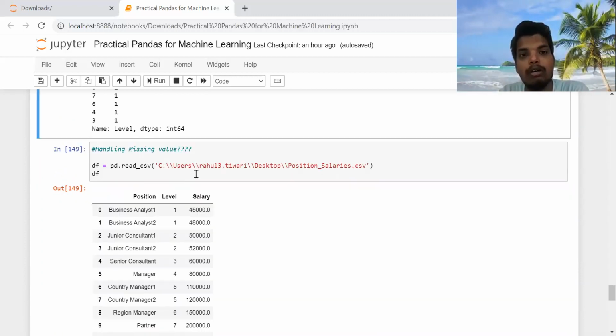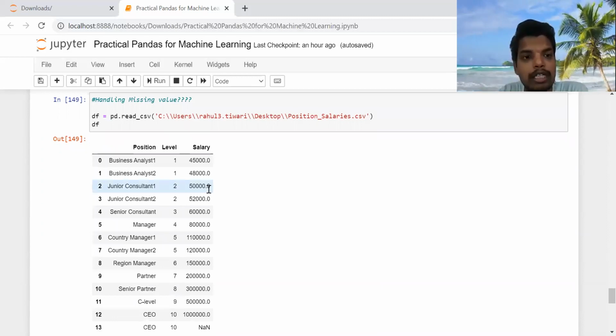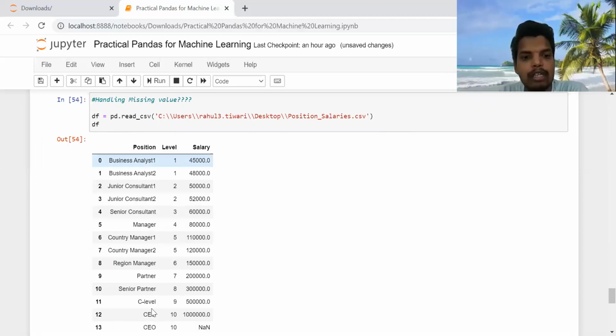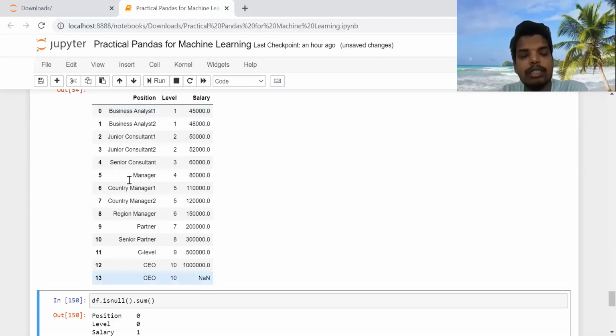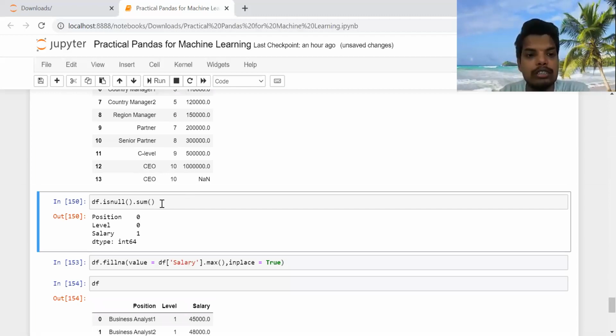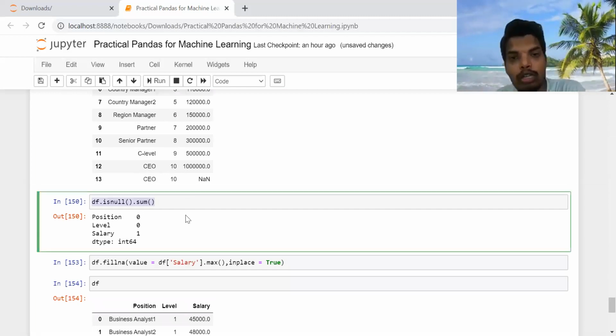Now, as I promised you, I'll be showing you how we handle the missing values. So this was our data set. I once again loaded the data set fresh, and we have this NaN. Since it's a very short data set, we are able to see it. But if there is a long data set, how will we check how many missing values there are? There is this expression you can write, and it will show, for all the columns, the count of how many missing values there are for that particular column.